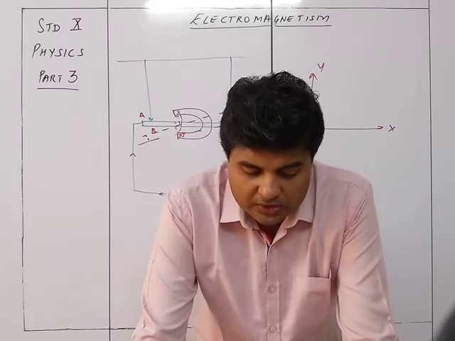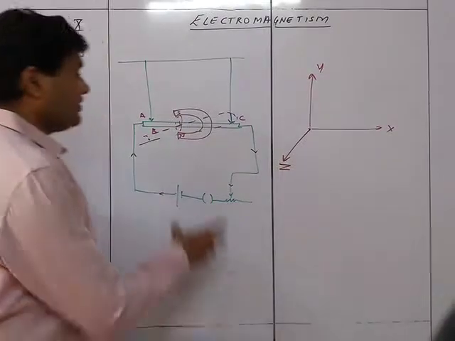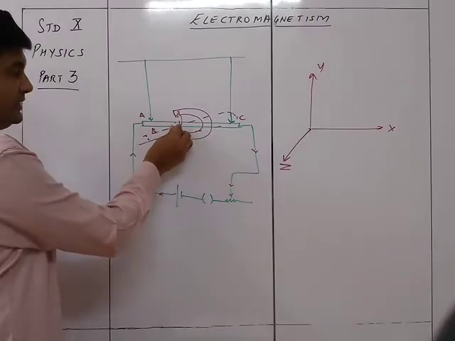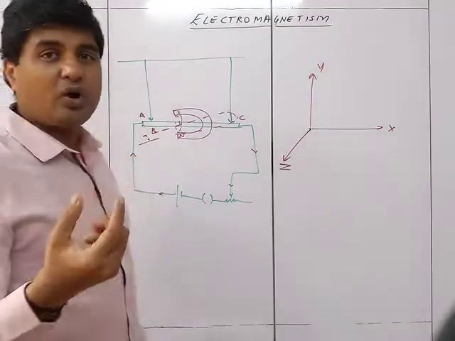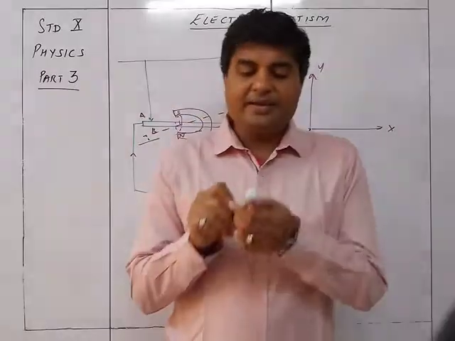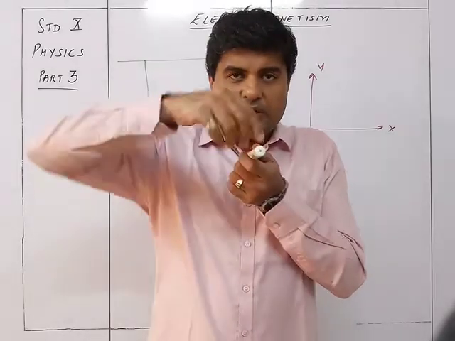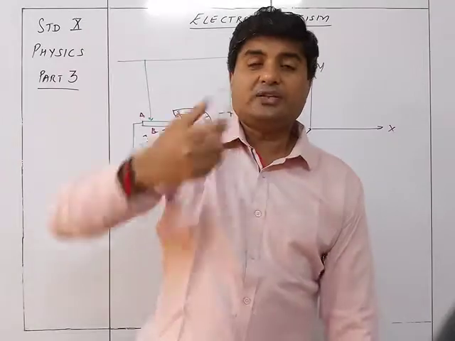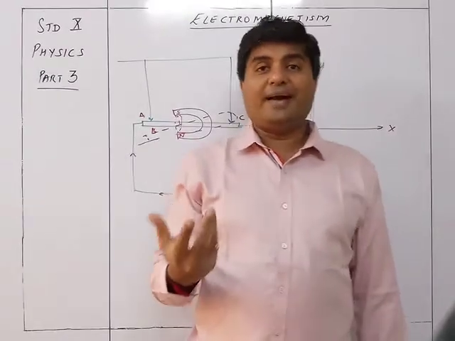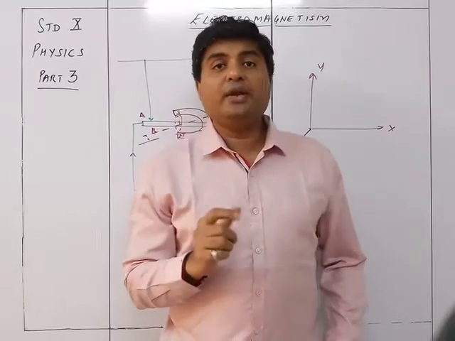No force acts on the wire and it does not move. If this wire is very short, it is just a small dot, so it would not matter which way it goes. It is just like a ball rotating over here. That's why the force will not be understood, and that's why if the wire is short, you cannot have it.